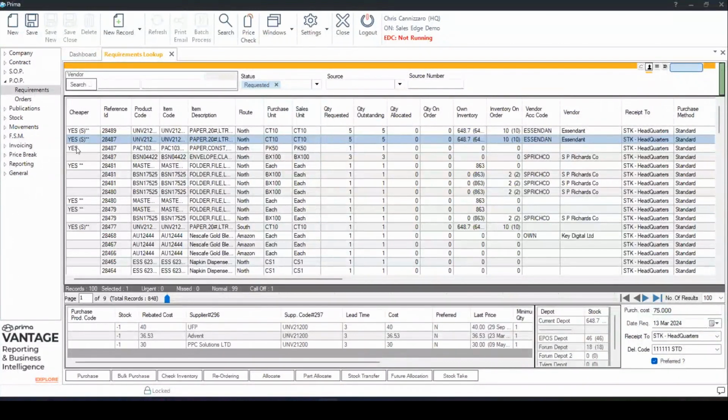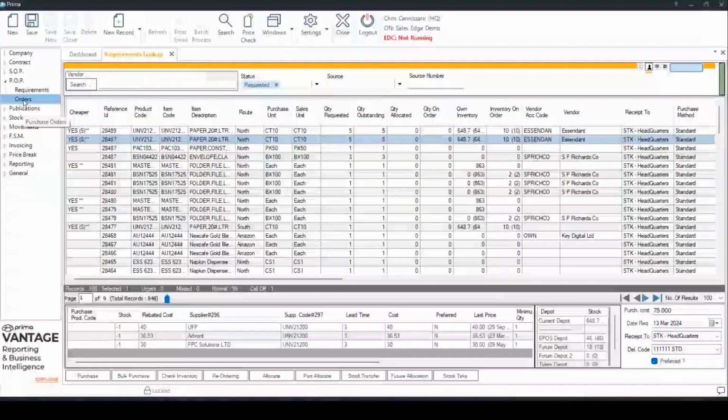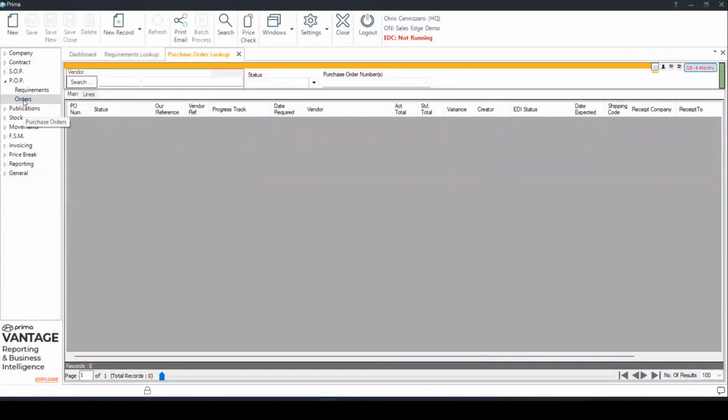But yeah, let's go take a look at those purchase orders now. We'll go over to POP and then orders, and I'll show you all the purchase orders. The lookup for those purchase orders is pretty similar to the sales order one. You can look for the vendor that purchase order is with. You'll look for the status of the order, or if you know the purchase order number, you can type that